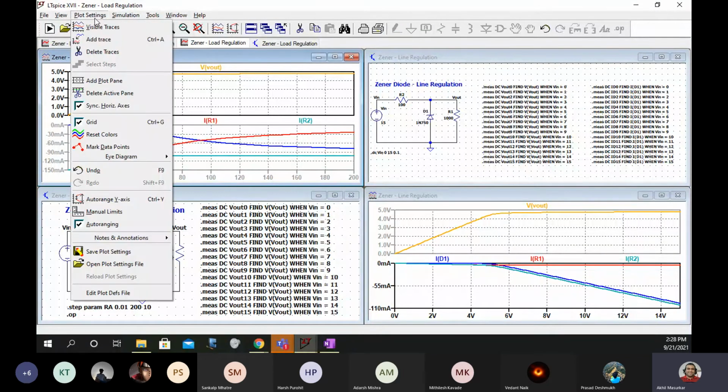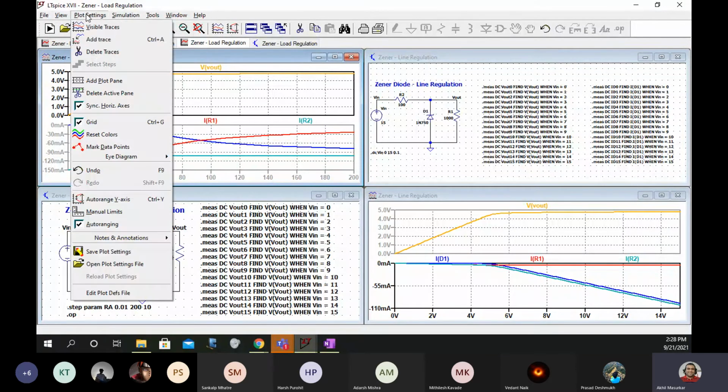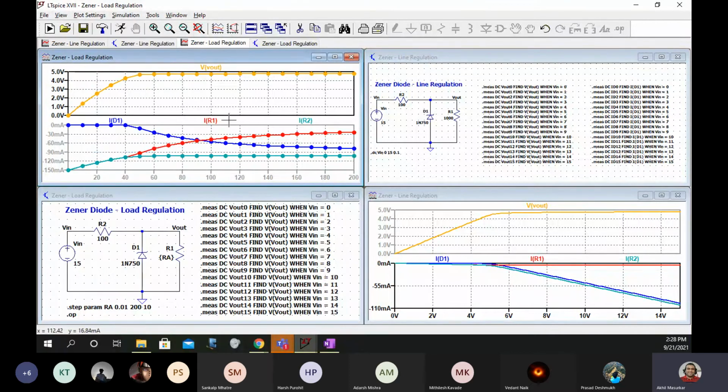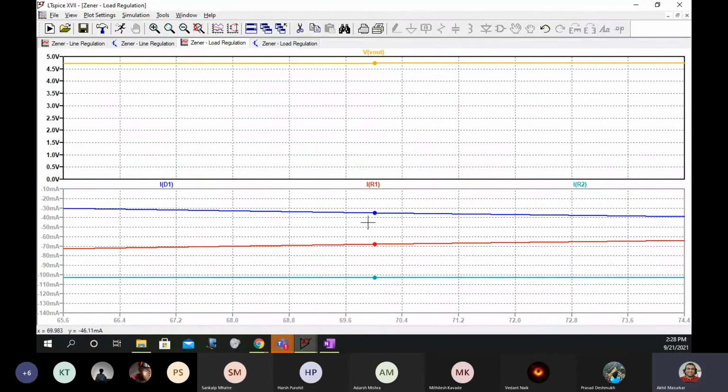Then say plot settings and then tick this grid. You can also mark the data points if you want to, like, check the values at 50, 60, 70. So this red point would be 70 somewhere.